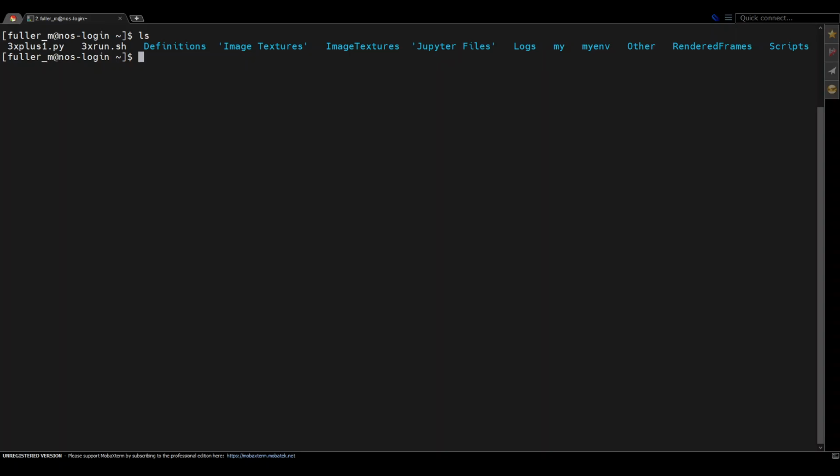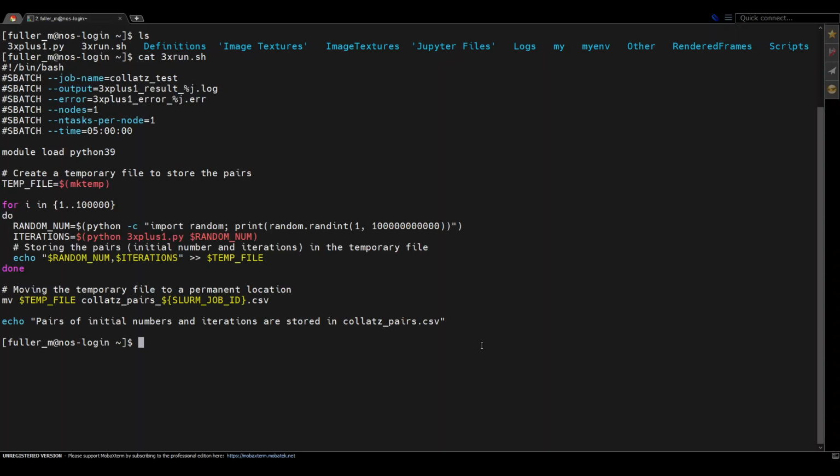I'm not going to go into too much detail on the inner workings of these files because you should have seen them in a previous video. However, I would like to say that there's going to be three different types of files that are produced by this output, and I'll show you real quick just by doing a cat of the 3x run file. And then we can see here, this is the job name, output, error. So we should actually get three